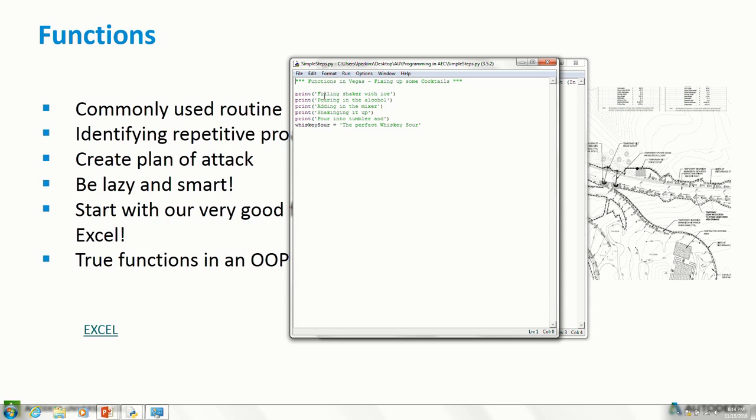So I've got a print statement that's going to print this line that says filling shaker with ice. The next is pouring in the alcohol, adding a mixer, shaking it up, pour into tumbler, and then I've got my favorite drink, which is a whiskey sour. These are the steps, and for the metaphor, I could go in and have to print out these steps every time, or I can turn this into a simple function. So in Python, if we define a function as, say, whiskey sour,